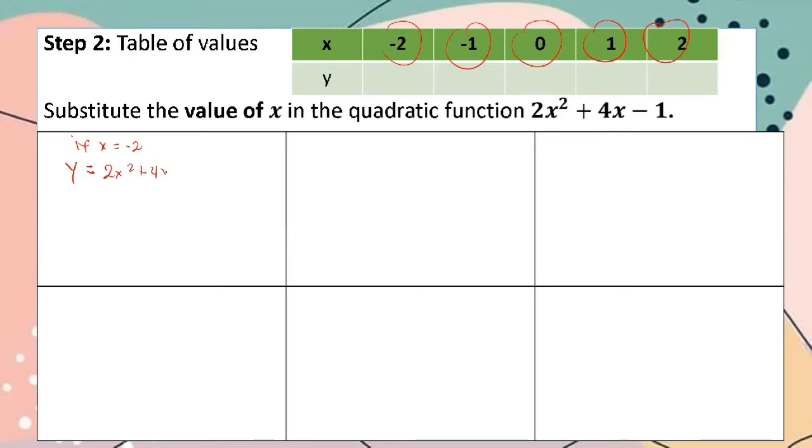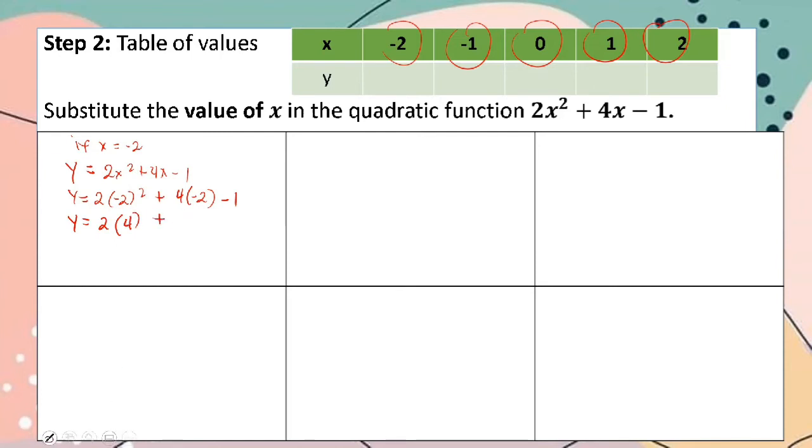So, y is equal to 2. So, yung x natin is negative 2, then squared, plus 4 times negative 2, then minus 1. And then y is equal to 2 times, so negative 2 squared is positive 4, then plus natin sa,